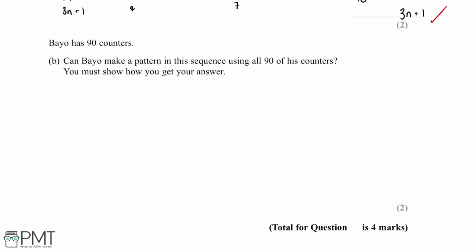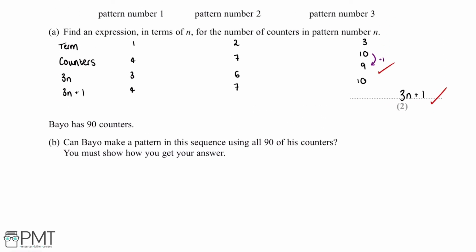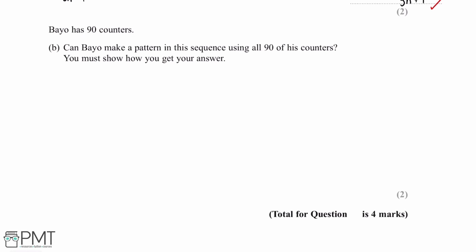Bayo has 90 counters. Can Bayo make a pattern in this sequence using all 90 of his counters? You must show how you get your answer. So the term that we worked out in part A of this question was 3n plus 1. So we want to know whether 90 is one of the terms of 3n plus 1. So what we can do is make 3n plus 1 equal to 90, and then rearrange this equation to make